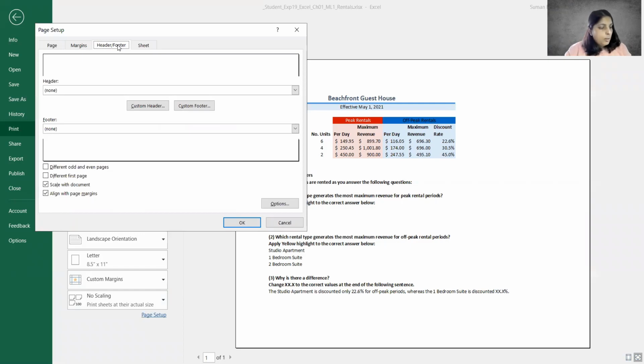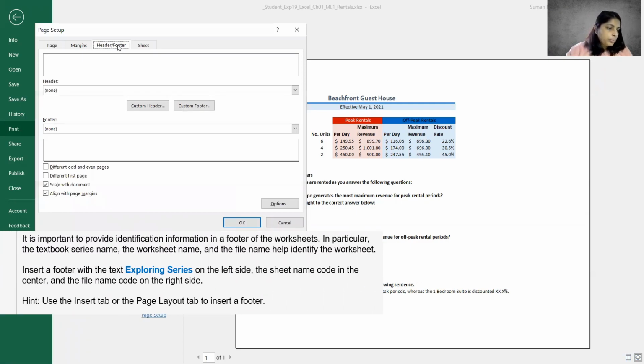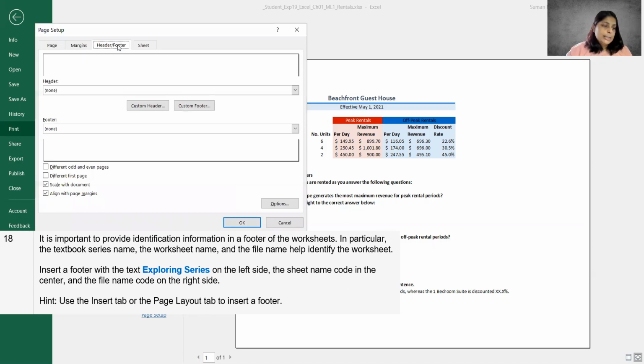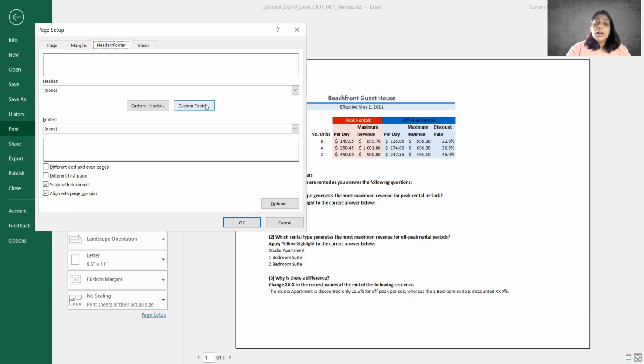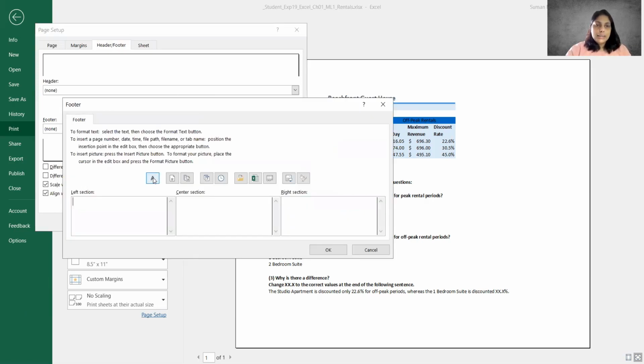So here we're going to insert a footer with the text Exploring Series on the left side, the sheet name code in the center, and the file name code on the right. So I'm going to go ahead and click custom footer. And these images, if you hover over them, give you these icons, tell you what they are with the screen tip.